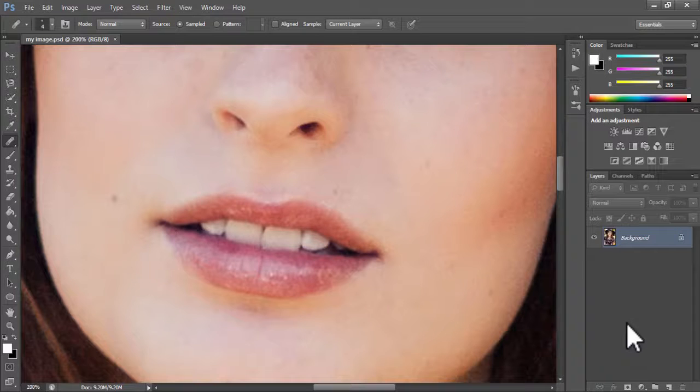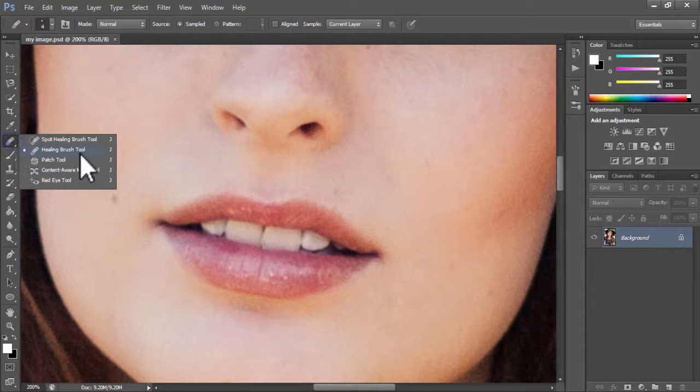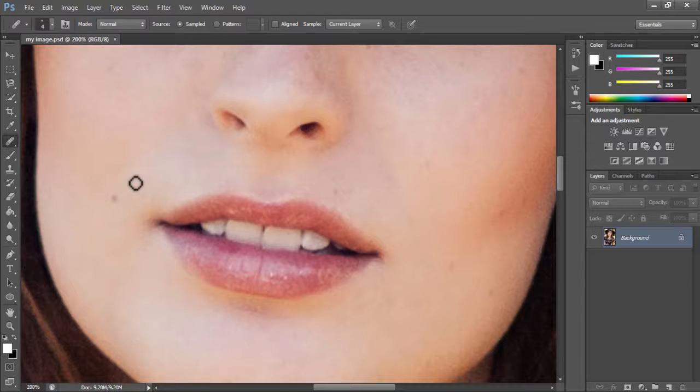Here we're going to be using the healing brush tool. Now the healing brush tool allows us to work more accurately with our blemishes, and in fact it also works with specifying a source area to work with. So if we right click here and select our healing brush tool,